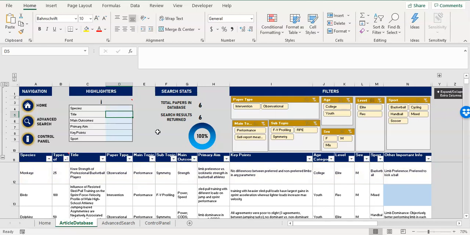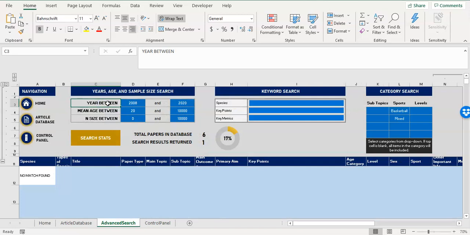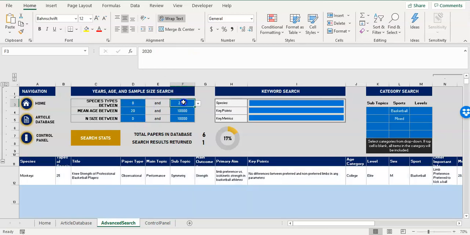And probably the more important part of this is if I go to the advanced search, this doesn't switch, the years between doesn't switch, but now these values will switch to the values in that years column that we originally had. So if I want to search for all my things with years, or which are now, if I were to change this to species types, then I'm looking for all my species that have anywhere between 8 and I guess 190